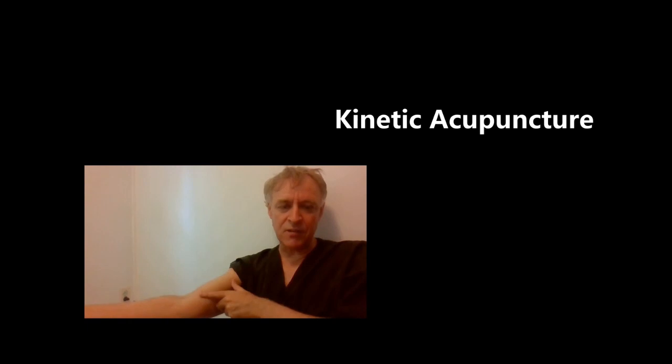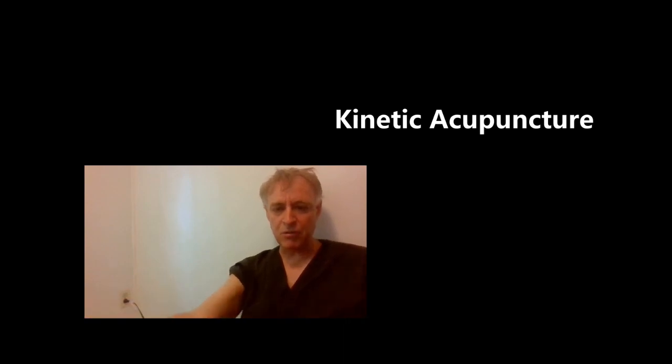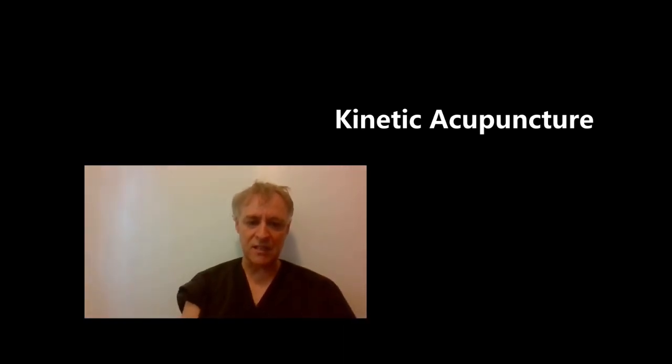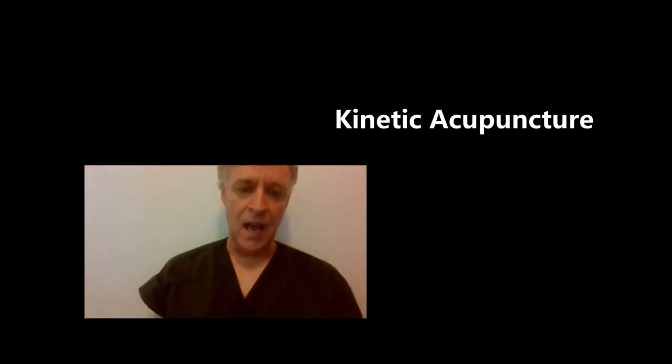That's the purpose of kinetic acupuncture, which also thereby aligns the joint, the proper joint alignment to prevent the worsening development of arthritic conditions, eliminate pain, eliminate tendonitis pain, localized pain, inflammation, swelling. So the purpose is to stretch the muscle with the acupuncture needles in place. We will be doing many demonstrations of this with the joints and the limbs, and that's going to be coming